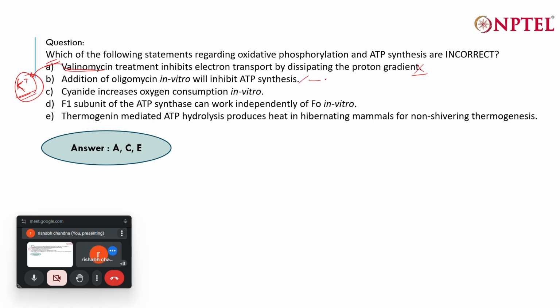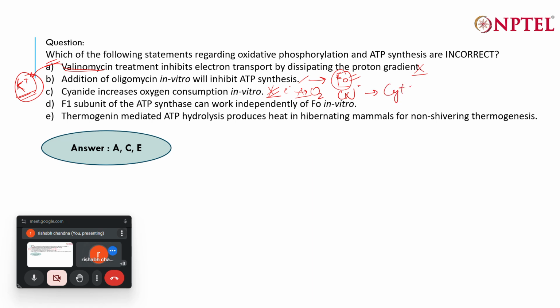Addition of oligomycin in vitro will inhibit ATP synthesis. Yes, this is correct. Oligomycin actually affects the F naught complex of the ATP synthase. So it will directly inhibit the F naught molecule, so it will halt the ATP synthesis. Cyanide increases oxygen consumption in vitro. Sorry, this is false, because cyanide actually decreases the flow of electrons to oxygen, because